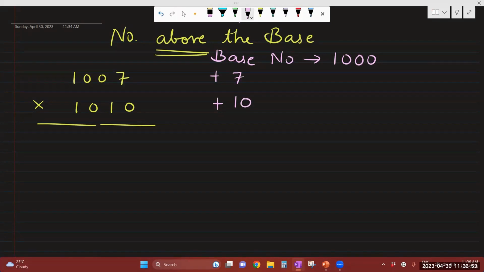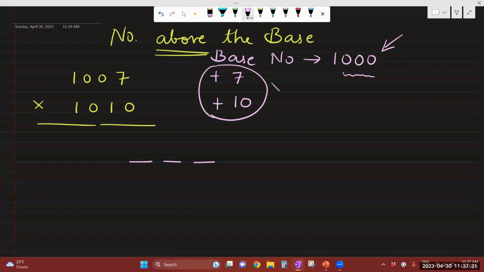So if you observe, step number 1 is the same. You have to write down the base number. Step number 2 is also the same. You have to write down whatever is the difference between the base number and your given number. Now step number 3, same thing. You have to just draw the number of boxes equal to the number of zeros present in your base number. So just count the number of zeros. How many zeros are you having here? 1, 2, and 3. So how many blanks am I going to draw? 1, 2, and 3. Is this clear? Next step, same, multiply. What answer